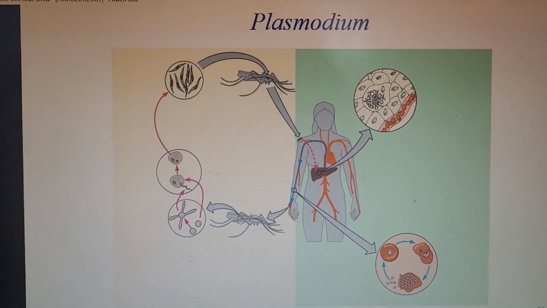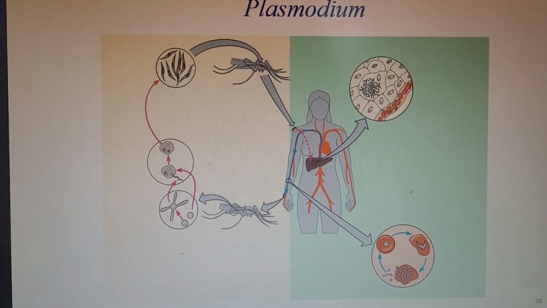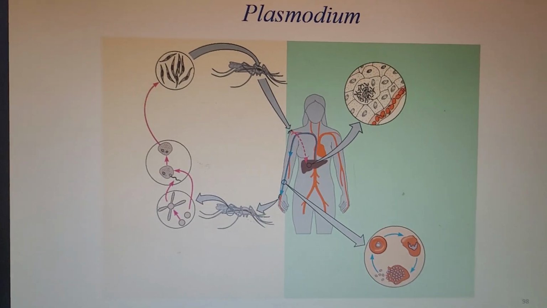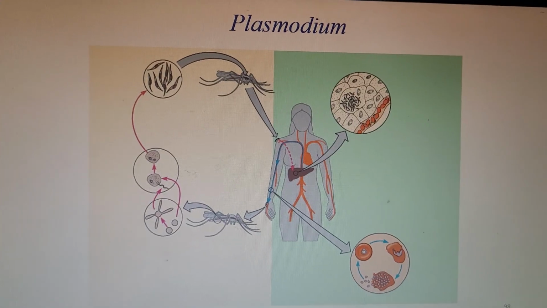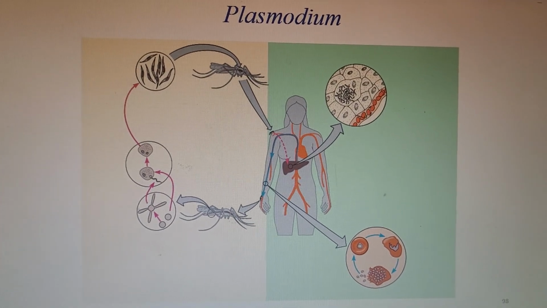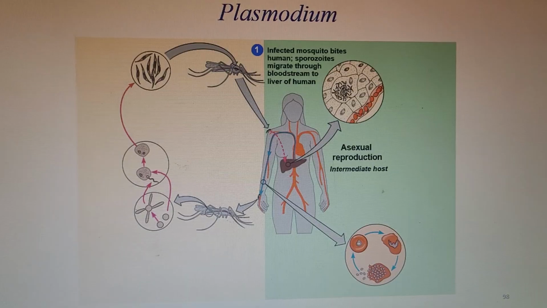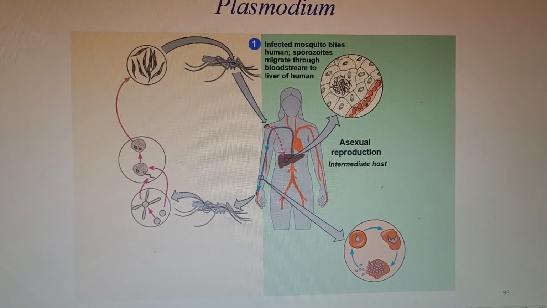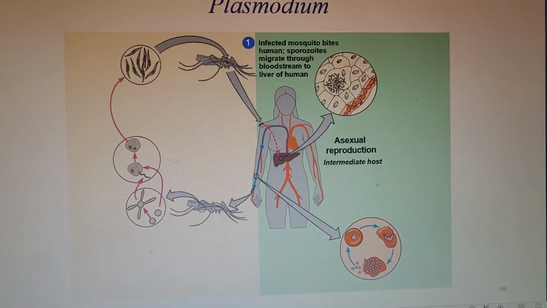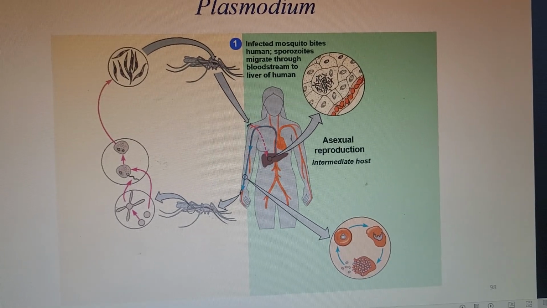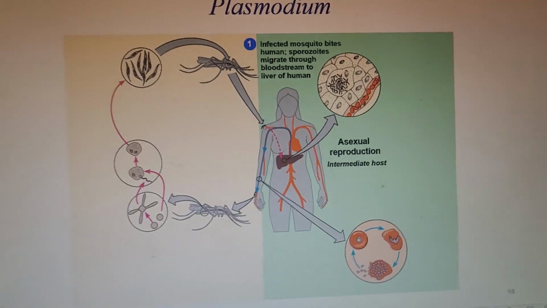Today we're going to be talking about the life cycle of Plasmodium. We will begin with the first part, which is the asexual phase in man. Man is the intermediate host, while the mosquito is the definitive host. Intermediate host because